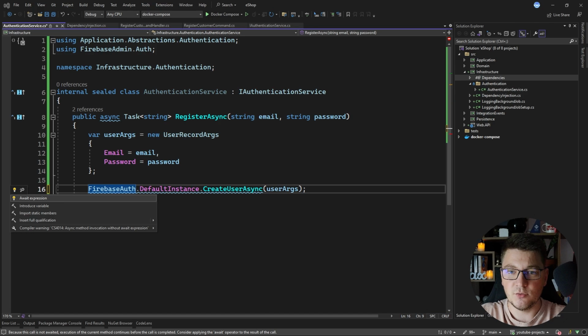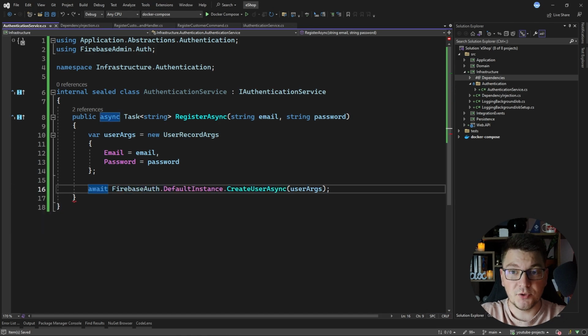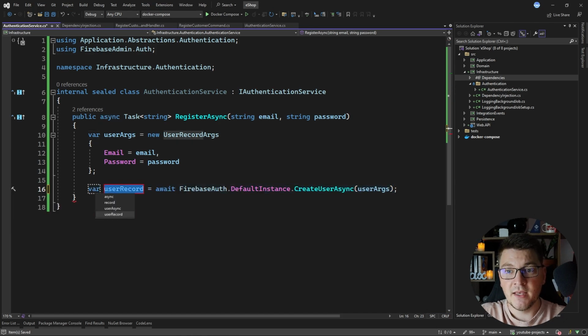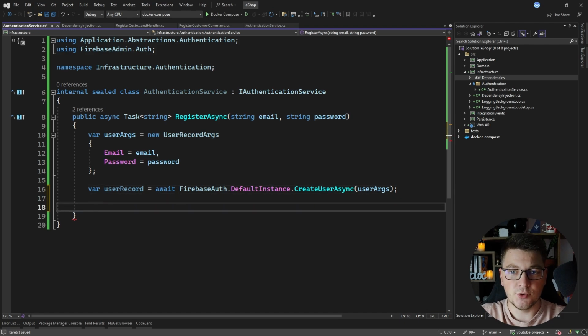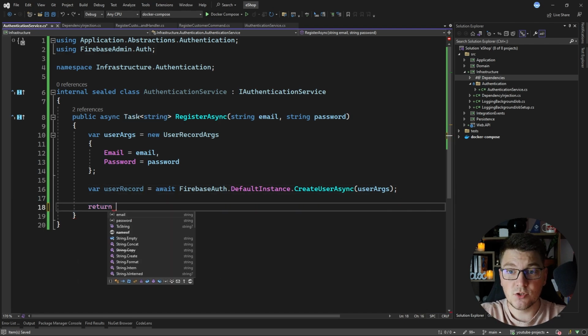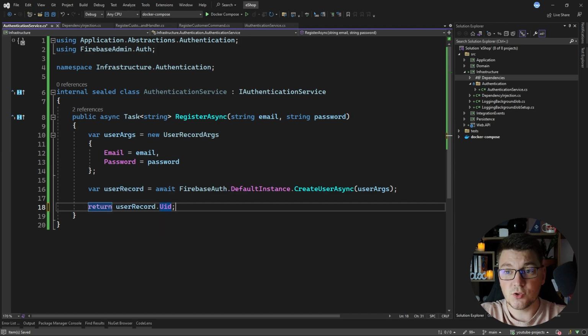Of course, I need to await it, and it's going to return a user record instance if I manage to create this user successfully. Now I can use the user record that I got back from Firebase to return the user ID of this user in the Firebase system. As you can see, this is really straightforward. It's only a few lines of code to integrate with Firebase, and we also need to configure our Firebase SDK